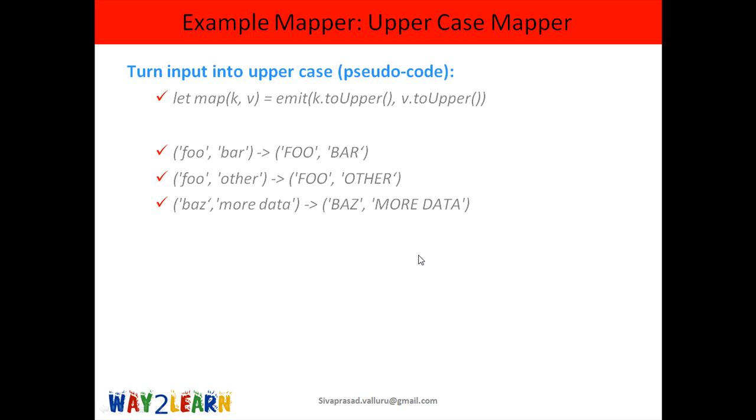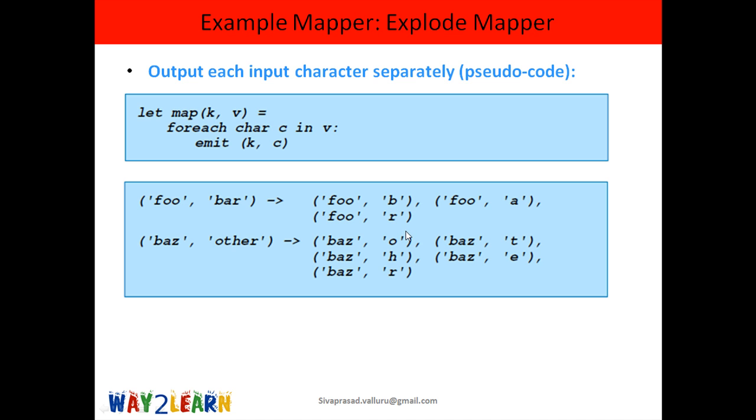So a simple example, there can be a mapper which will take a key value pair and emit the upper case of key values. So if the key is this one and this one, the mapper will emit capital FOO, capital BAR, capital FOO, capital OTHER, like this. This can be a simple example, pseudocode for a typical mapper. Next,